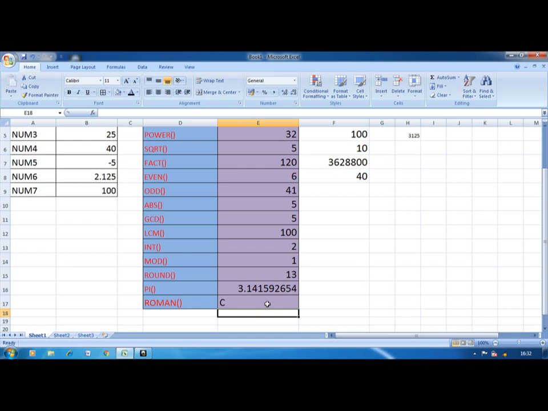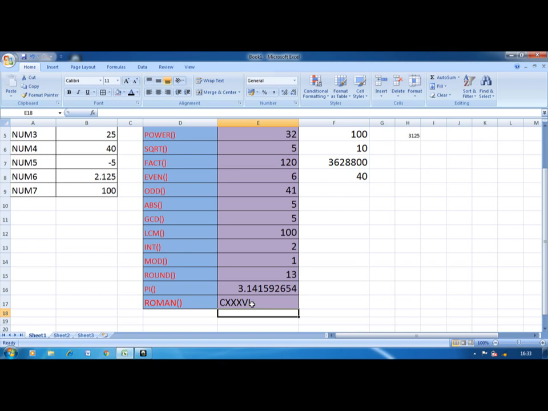Now one more number I will use, 136. Now what is the result? 100 is how much? C. Then 30 is XXX. And for 5, V, and for 1, I. C is 100, then 110, 120, 130, 135,